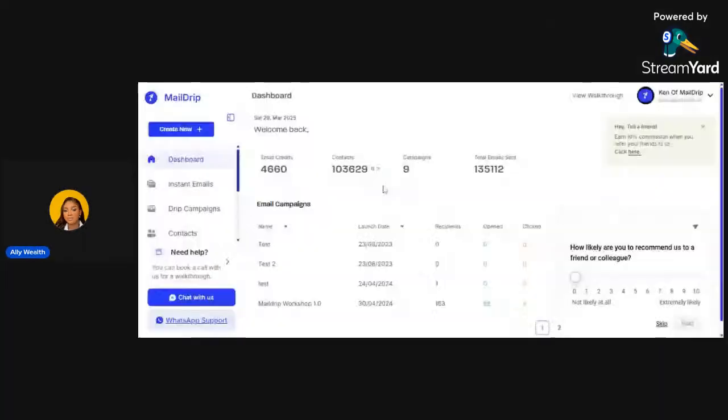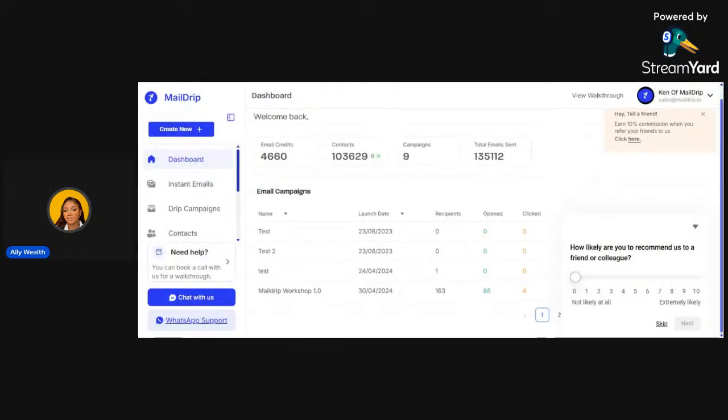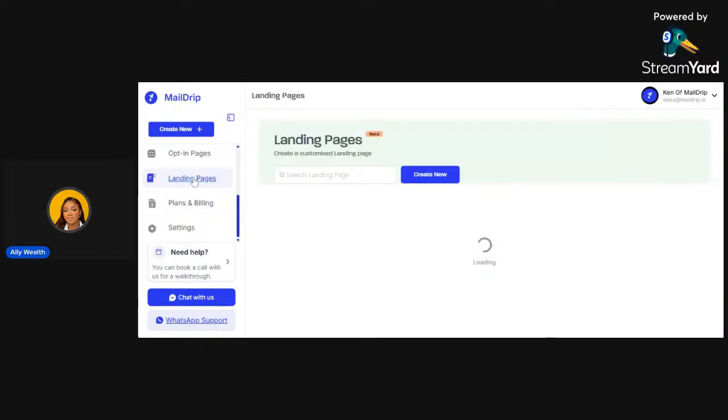Okay. So this is me in a Maildrip account. So this is you. You could log into your Maildrip account right away. If you haven't created your account, go to maildrip.io to create your account. All of these features are absolutely free, and you also get 1,000 free email credits to start with. So let's go. So you click on landing pages